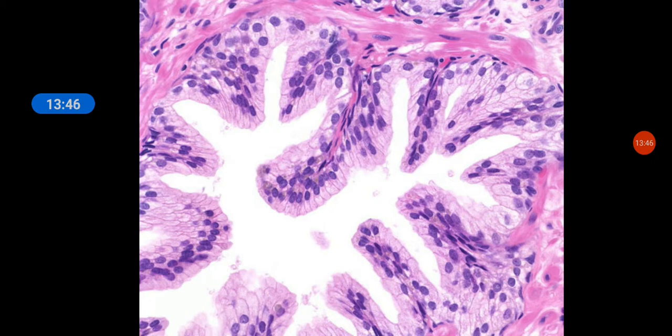Now what are the complications of BPH? Because there is difficulty in urine coming out freely, there will be hypertrophy of the bladder. The patient will have recurrent infections, recurrent UTI. That is a very severe complication. And because there is obstruction to the outflow, indirectly you will have hydroureters, and then you will have hydronephrosis. So all these are complications of BPH.